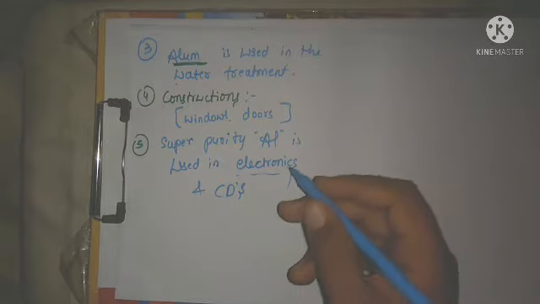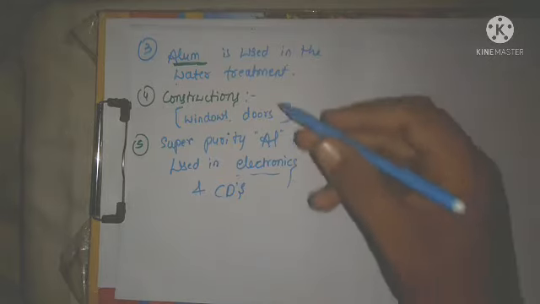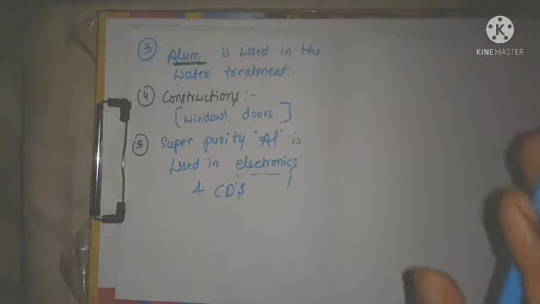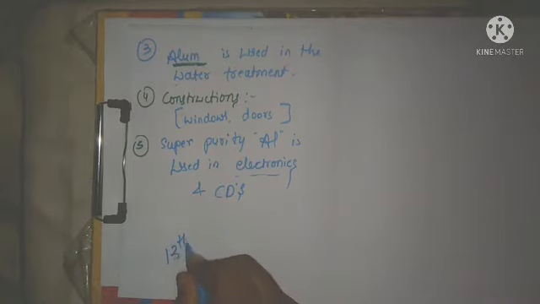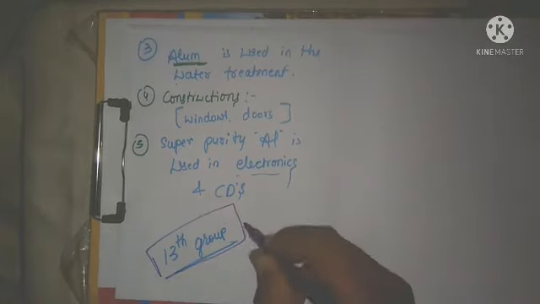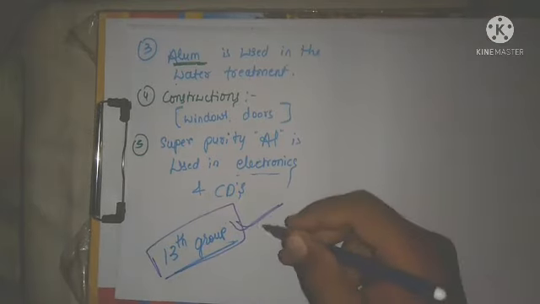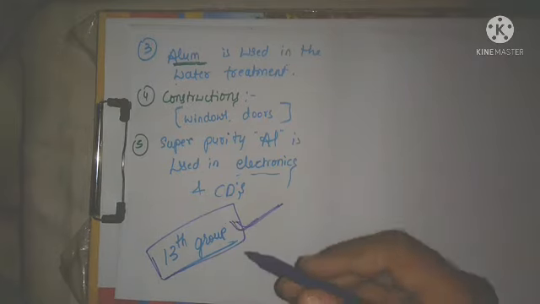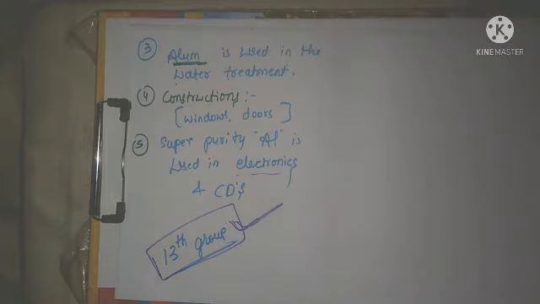Now aluminium is used. These are a few uses of boron and aluminium. This completes your 13th group, right? Now next we will go for the 14th group. In this class only we will start the 14th group elements. Up to now we have discussed the 13th group elements, that is over. Next we will go for the 14th group elements.